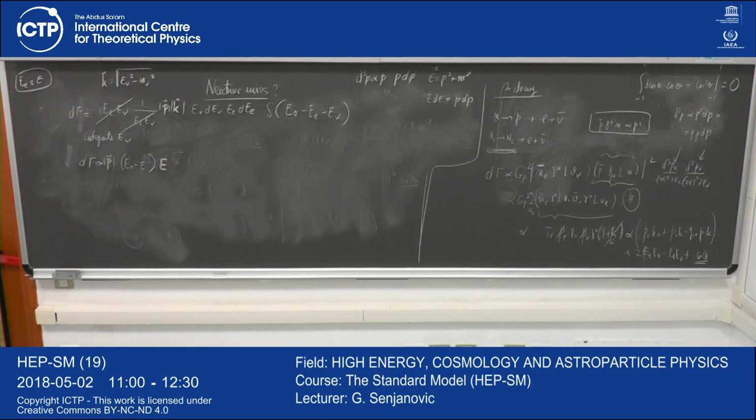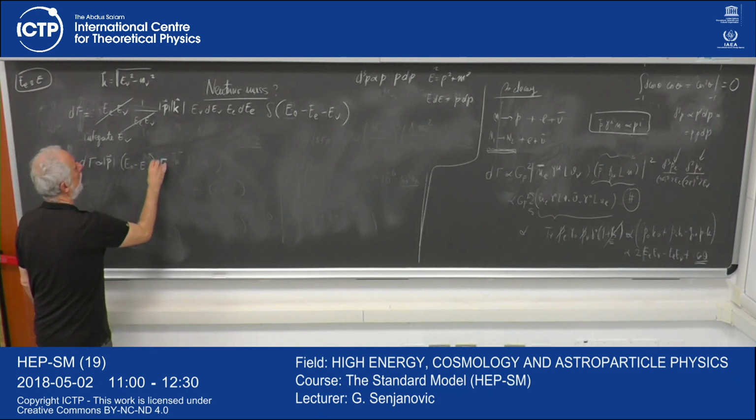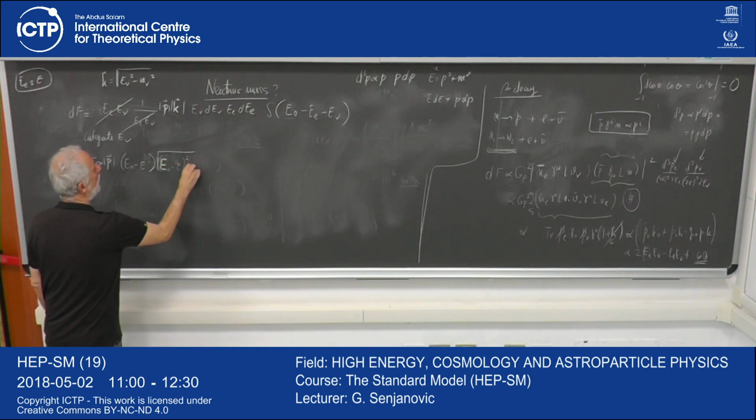I know it's crazy. It looks very tiny somehow with all the numbers. Okay, you'll see why I'm doing that in a moment. So let me do that. So what will K give me? It gives me the square root of E0 minus E squared minus M nu squared. You agree?